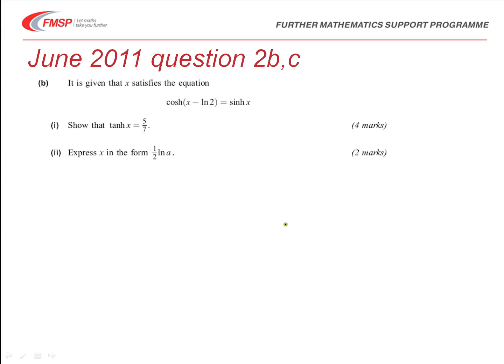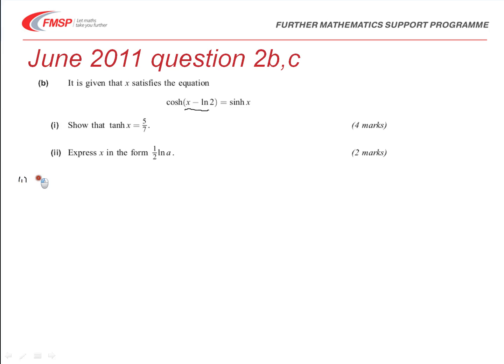Okay, so in the next part we're now being asked to solve the equation cosh x minus ln2 equals sinh x. Well, what did we do in the first part? Well, we had showed that cosh of x minus y could be rewritten as cosh x cosh y minus sinh x sinh y. So we can apply that identity to the left hand side of this. So if we do that,